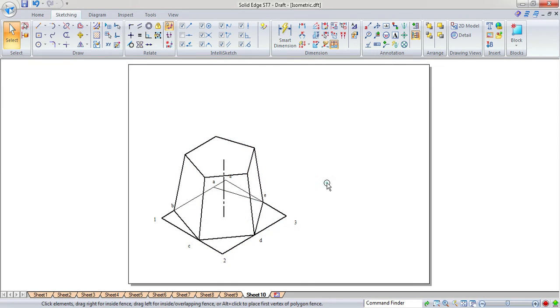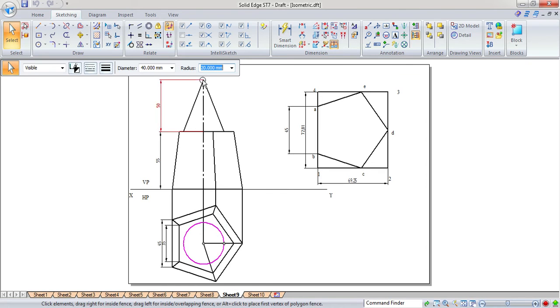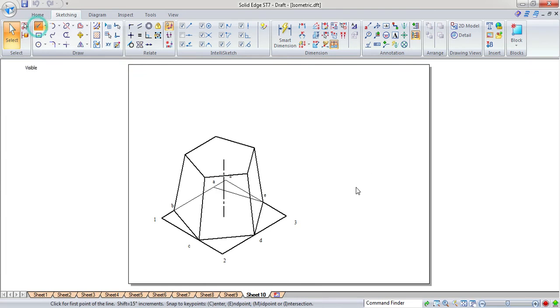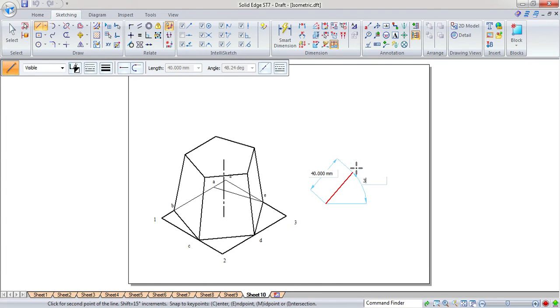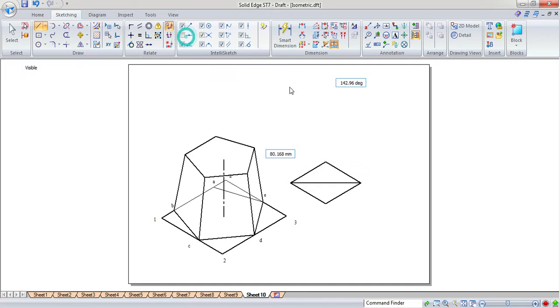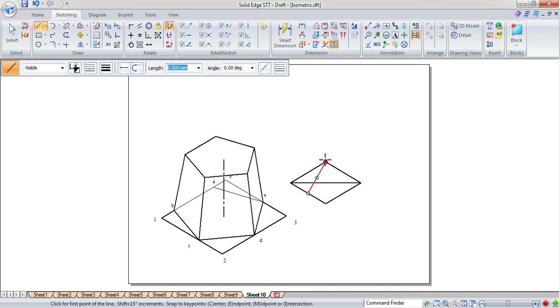On this one again we have a cone. What is the dimension of the cone? You can see here, it has a base diameter of 40 and height 50. That we have to construct now. So go for the line. Again 40, 30, then again 40, it is 150, then again 40 minus 150, then finally 40 minus 30. Again first draw the horizontal diagonal, then the vertical diagonal, from this corner to the midpoint of the opposite lines. That we have to construct. That is nothing but the 4-point method to construct the ellipse.